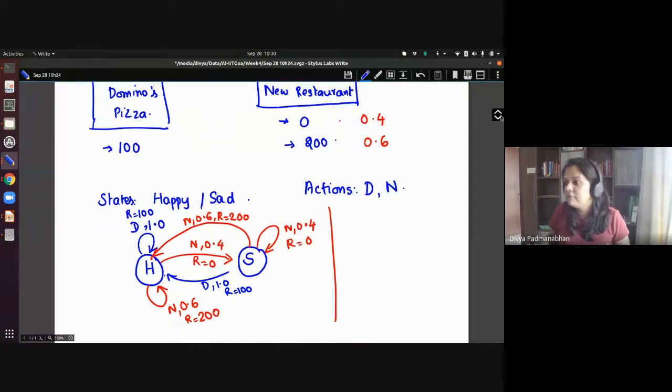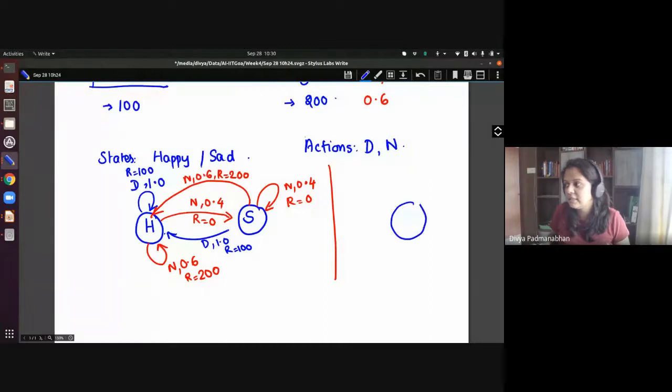Now, alternatively, you can write it using just a single state. Let me just write it as a state B. I'm just compressing all of these H and S states into one. So what this would mean is, whatever state I'm in, if I go to Domino's, with probability 1 I'm going to get a reward of 100.